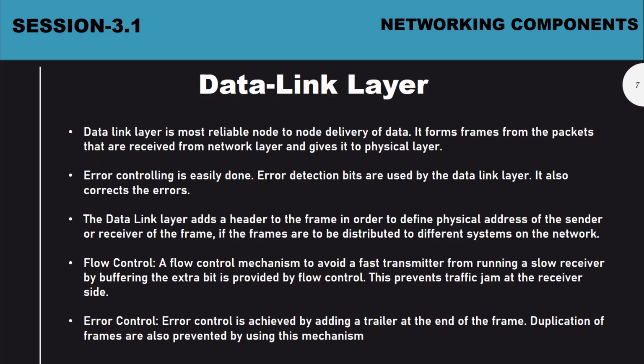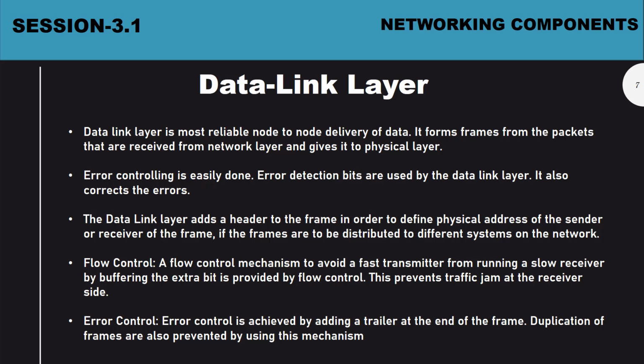Okay, so now coming to the data link layer. The data link layer has completely different functions when compared to the physical layer. All layers are very different, but all are interconnected. See here in the data link layer, error controlling is done. For example, if a packet came from the top layers, right? So from the application layer, the packet came here, and the packet will be sent to the other PC through the physical layer and through the cable, and again to the physical layer of the other computer, right?